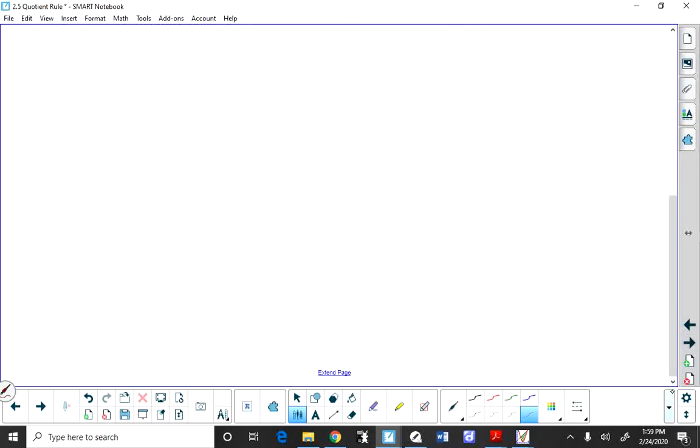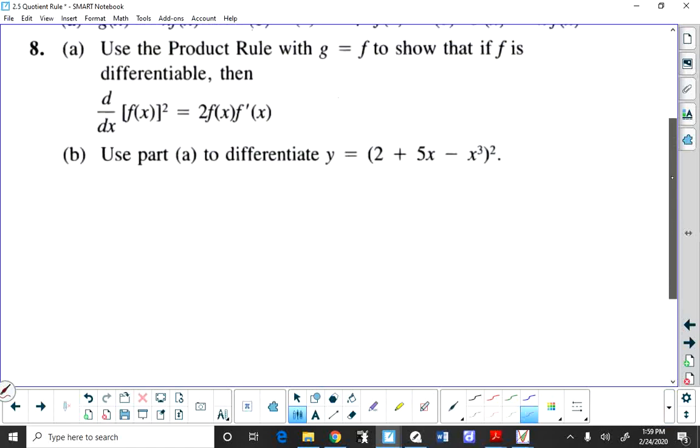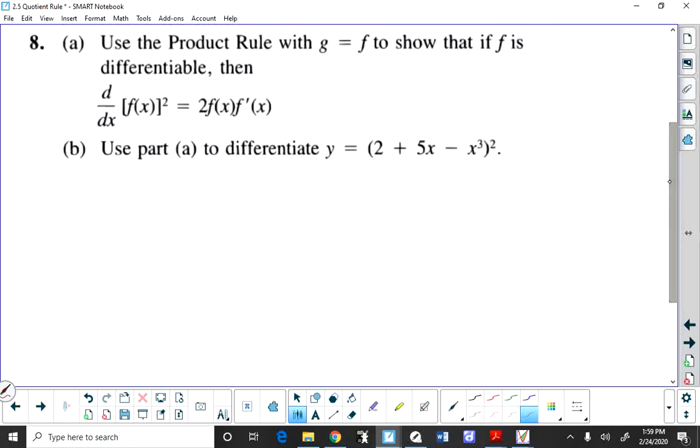This is an interesting question that we will delve into more tomorrow when we learn something called the chain rule, which we will learn tomorrow, is an all-encompassing rule that applies to the product rule, the quotient rule, the sum rule, the power rule. The chain rule is kind of connected to this. So let's not worry about g equals f, because I think that's throwing you off kilter here because there's no g. The reason why they're saying that, I guess I will explain it, is that to use the prime notation,